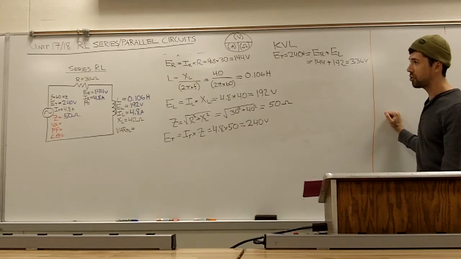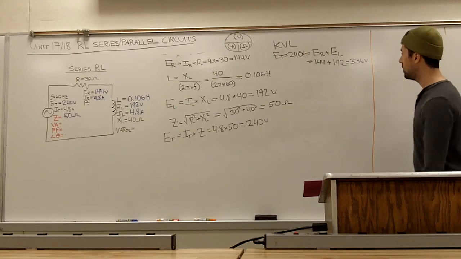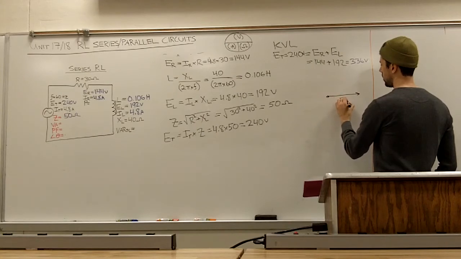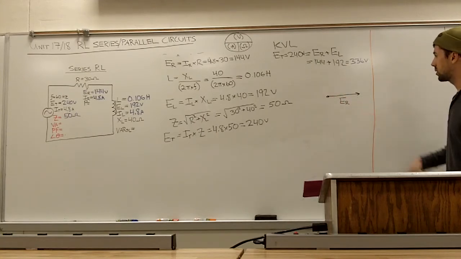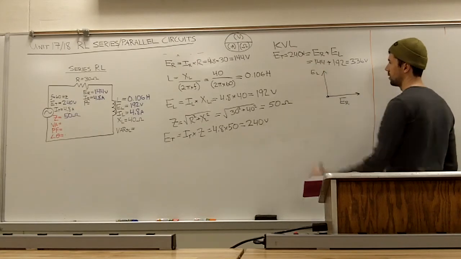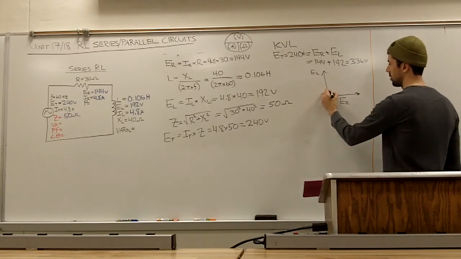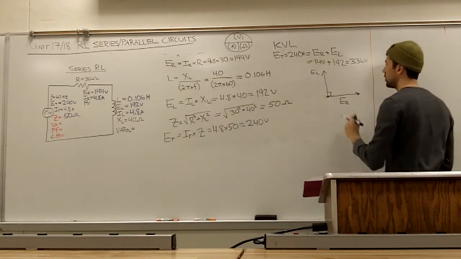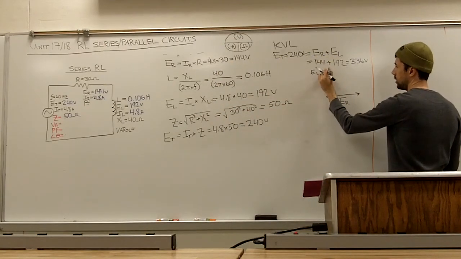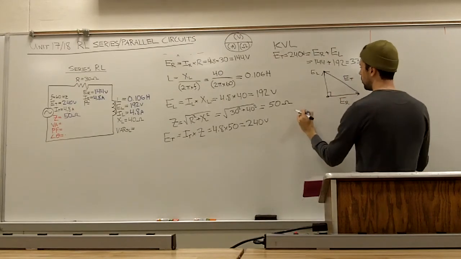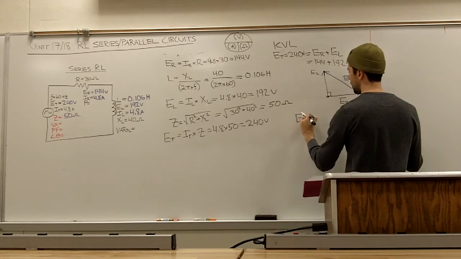Now remember, we have to treat every circuit value as a vector. So that means I have ER, the voltage drop across the resistor, at 0 degrees, and I have E sub L at 90 degrees. So that means my total voltage, if we were to add these vectorially, is going to look like this. So our equation for our total voltage in an RL circuit is